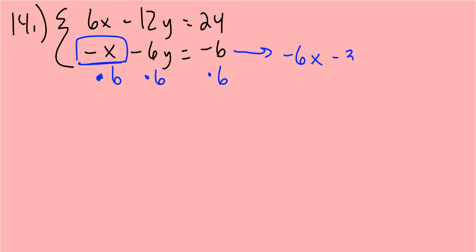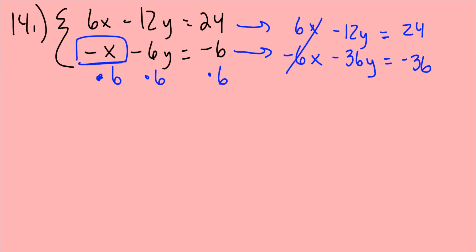Now I multiply everything by 6. That's why I have negative 36y equals negative 36. I'm going to keep the top the same. 6x minus 12y equals 24. The x's cancel. So now I'm doing step 3. I'm adding vertically, so those cancel. I get negative 48y